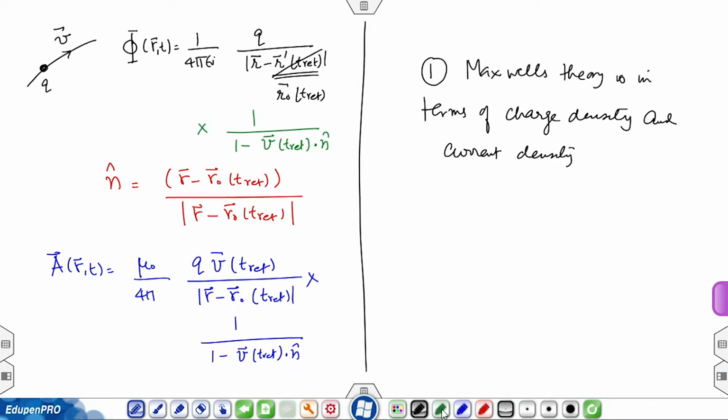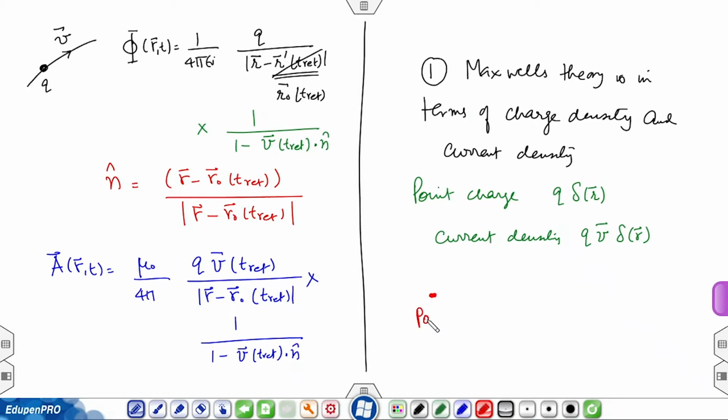So, in fact, a point charge has a density q delta r, and if it is moving, its current density is q v delta r. And we got to take appropriate limits for this. So, what a point particle represents, this is a point particle,